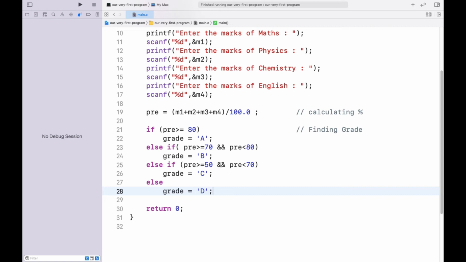Give it a thought. The thing that we can do right here is we can remove this section, both in this and this section. Why can we do that? Because if the number is not greater than 80, it is very much obvious that the grade is going to be less than 80. It is obvious. So this condition is not at all required, because it will be less than 80 only if the compiler is reaching this statement.